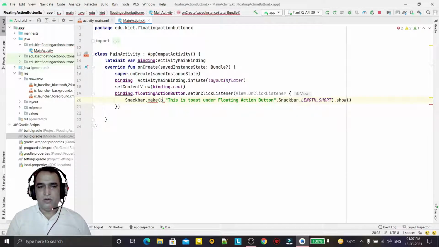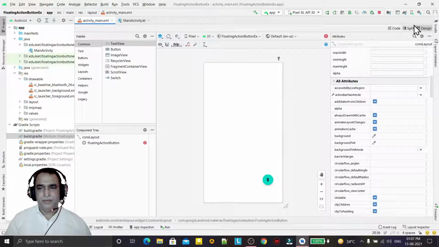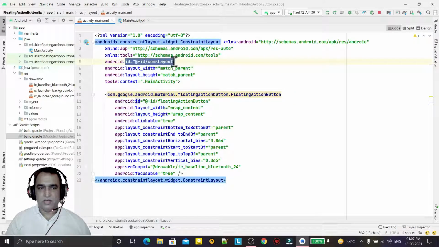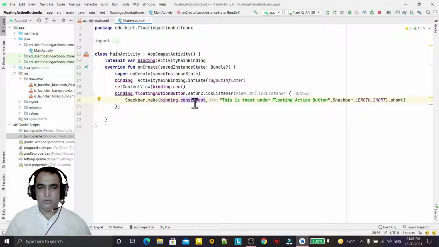The layout object is already decided: it is the constraint layout. You can see in the coding part that this layout is the constraint layout, and I have given it the id const layout, so this layout we have to pass here.